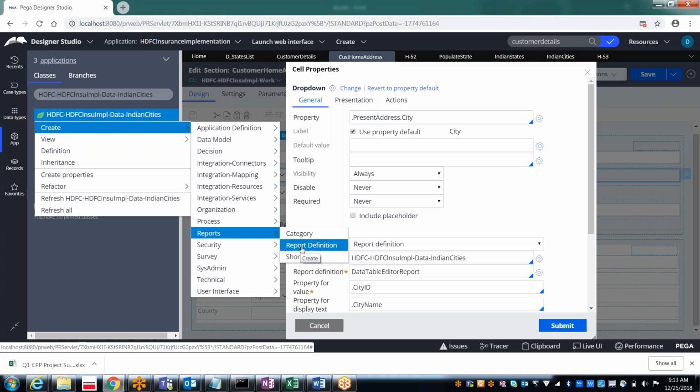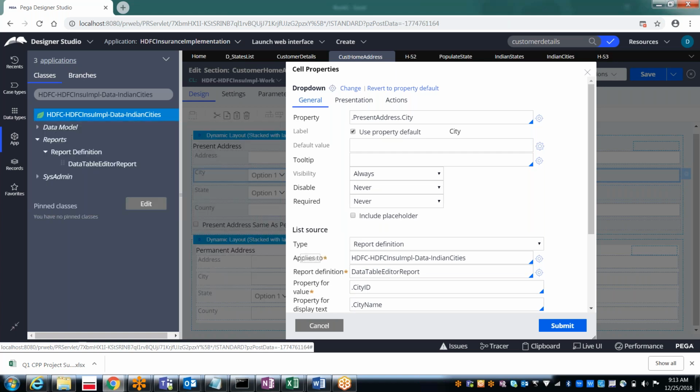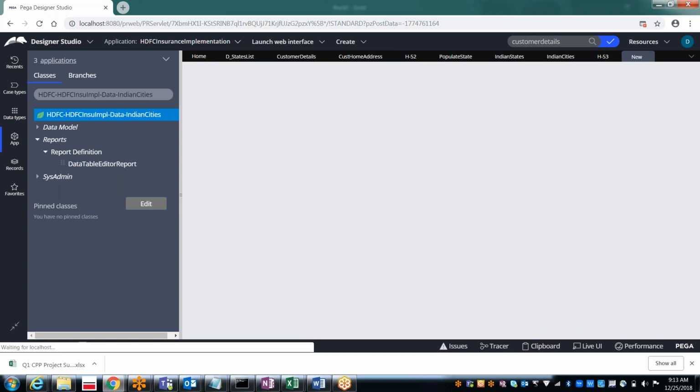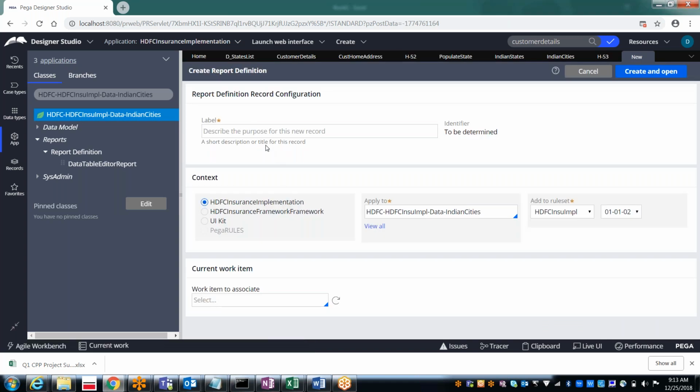This is also another way. Now it will ask you the name of the report definition, the label, and then the ID. Creation of the rule is common across all the rules. The only thing is what you are creating: report definition, property, activity or section.